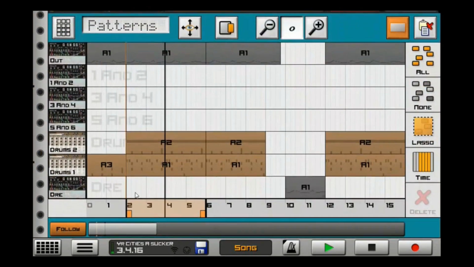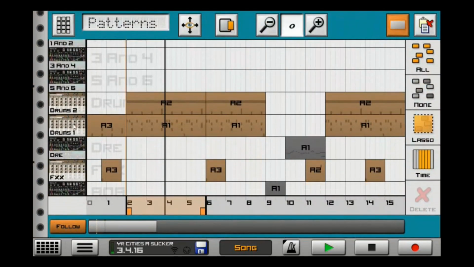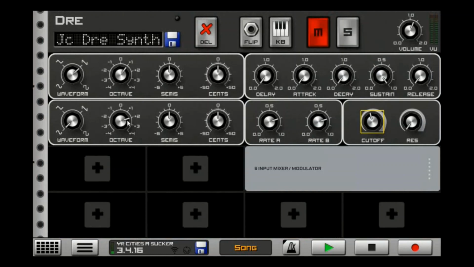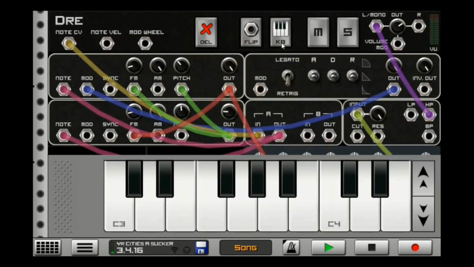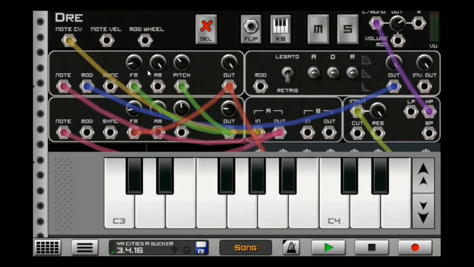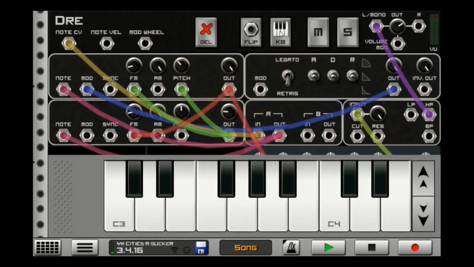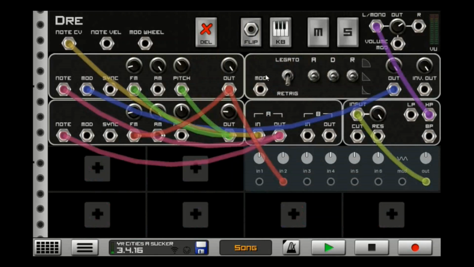So let's go a little bit deeper into this. Right here is another patch that I created. It's just a Dr. Dre kind of West Coast style synth. Oh, I don't have my controller plugged in. So you use a lag processor to get this blended thing. If I go from here, this glides the notes, is basically what it's doing. When you have the note CV, the control voltage, you run it through the lag processor first. You go into the in, and then from the outs, you take it to the notes of the